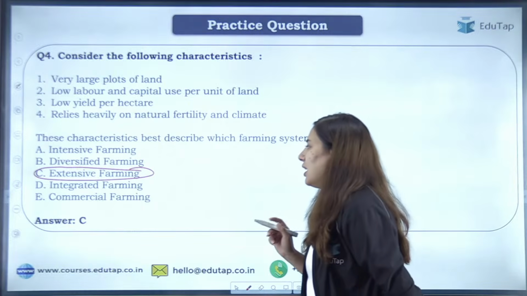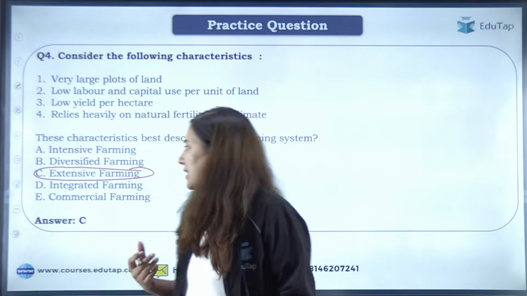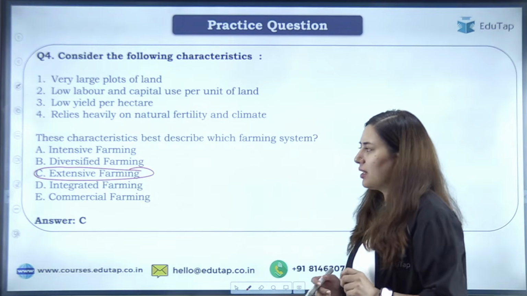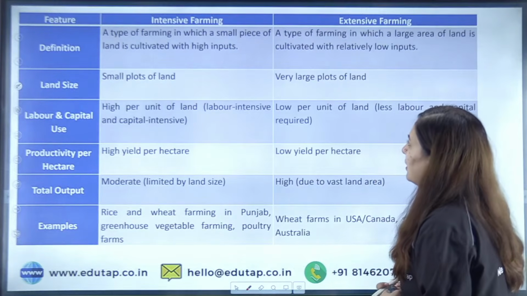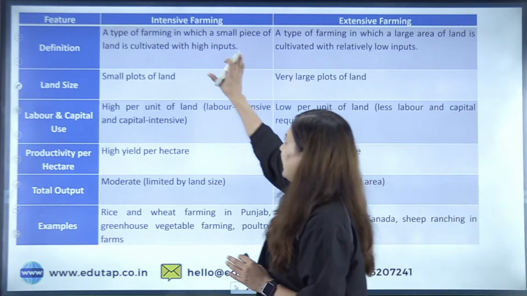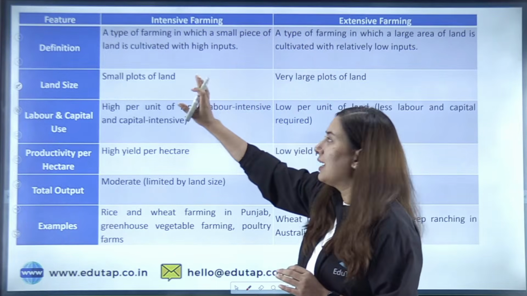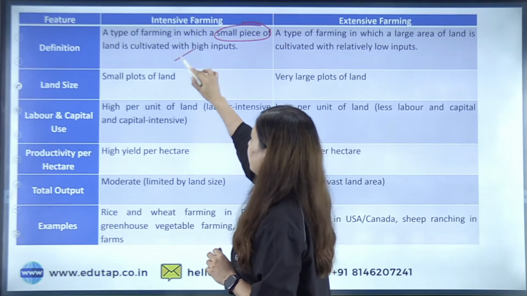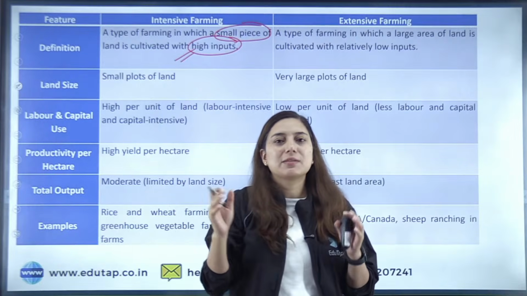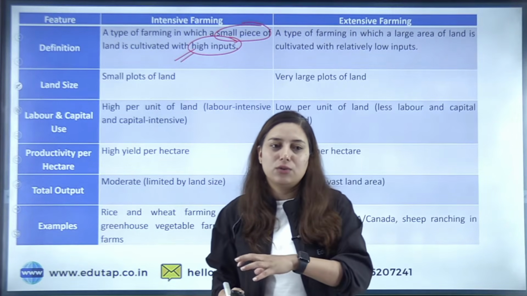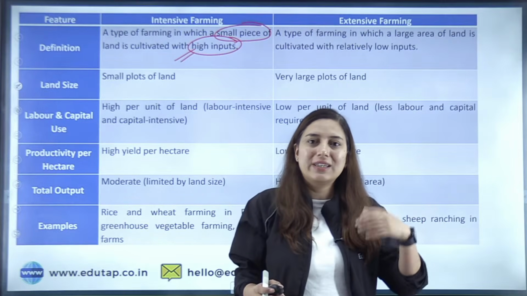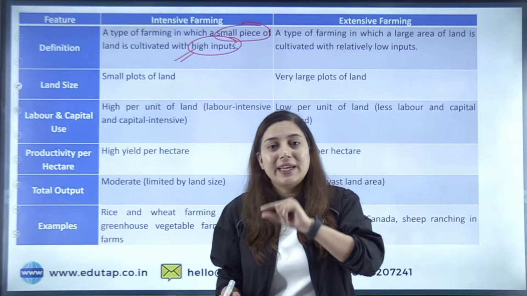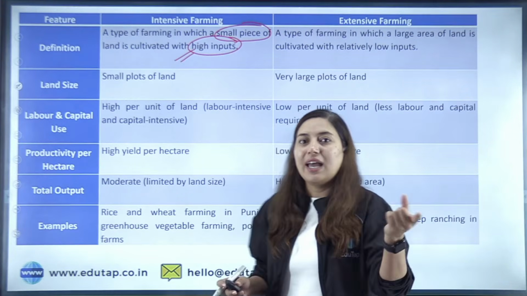चलो, वेरी गुड। ठीक है, आंसर है यहाँ पे एक्सटेंसिव फार्मिंग। अब एक्सटेंसिव फार्मिंग आंसर कैसे है, let me tell you. और जिन लोगों को भी कंफ्यूजन हुआ है, जिन्होंने इंटेंसिव फार्मिंग कहा है, let me give you the clear picture of both these farming systems. ठीक है, तो स्टूडेंट्स इंटेंसिव और एक्सटेंसिव का डिफरेंस समझ लो। सबसे पहले इंटेंसिव फार्मिंग क्या होती है? This is a type of farming which is done in a small piece of land with high input. अगर आपके पास small piece of land है and you are using high input in order to increase the production from that small piece of land, that will be called intensive farming। मतलब आपने इनपुट को इंटेंसिफाई कर दिया।